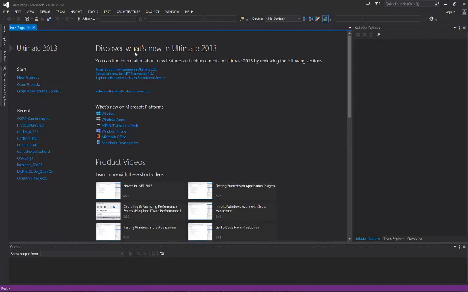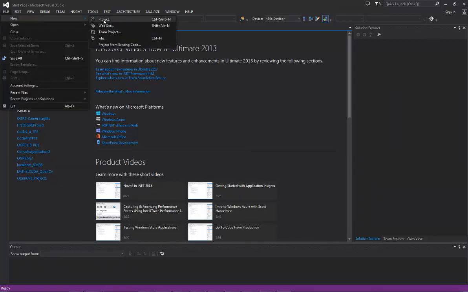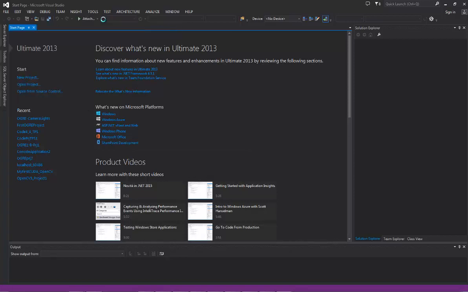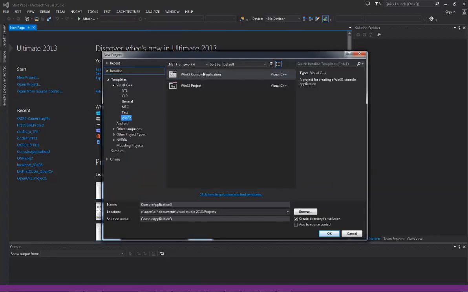Okay, so here we are in our Visual Studio. Then again, I'm really quickly going to go ahead and show you how to set up the project from scratch. But at this point, you should be able to just do it almost without any help. But we're going to go over it. So we're going to first start a project, a new console application, empty console application, and I'm going to call